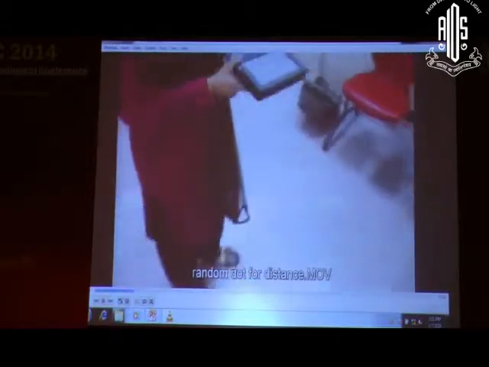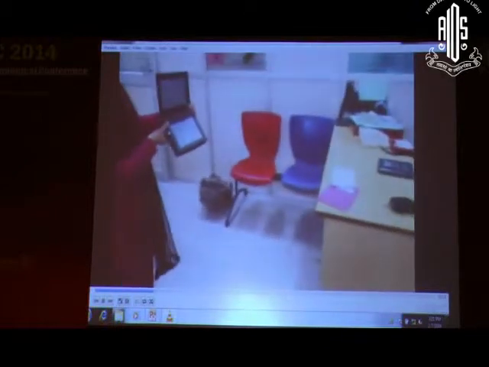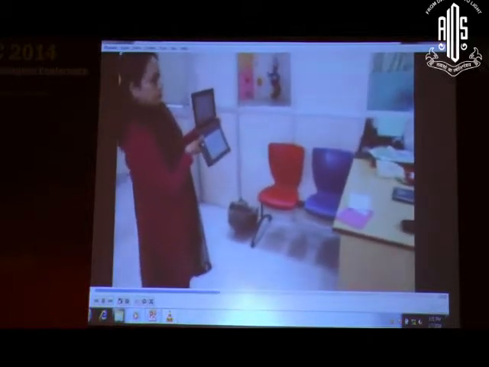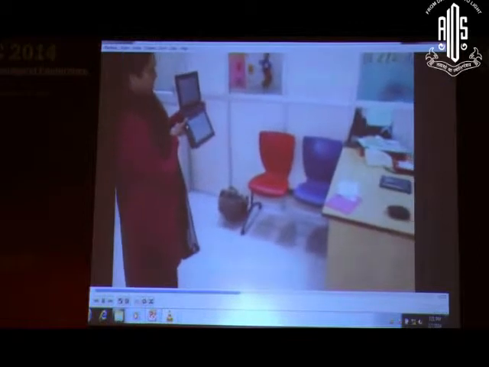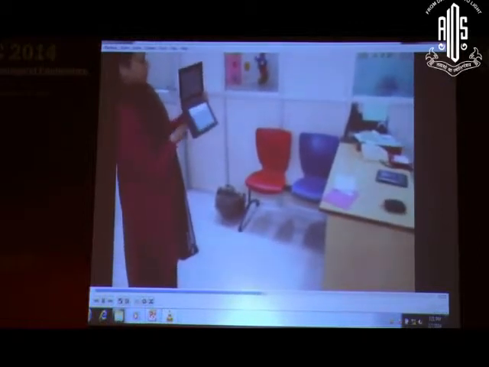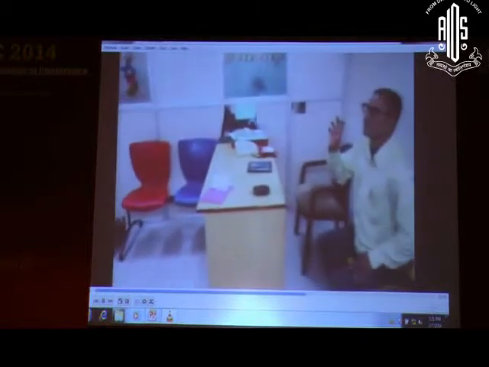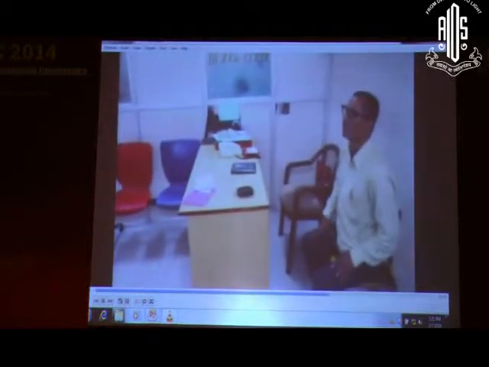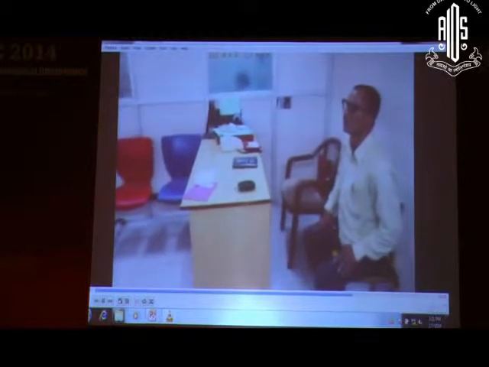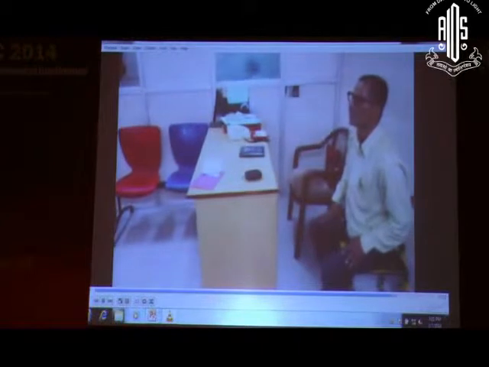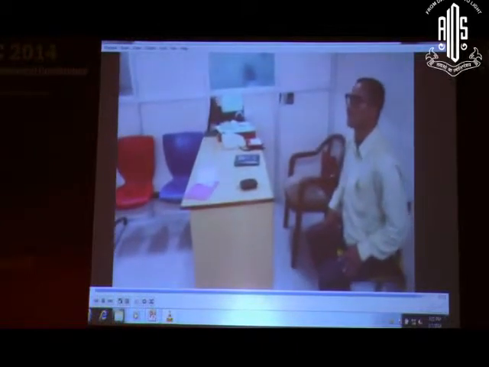This is a video of how we do the stereopsis testing for distance. We use the Randot test for distance, and the patient is seated at a distance of around 3 meters. On these charts you can test the stereo acuity ranging from 60 seconds of arc up to 400 seconds of arc. So we use Polaroid glasses. The patient has to wear Polaroid glasses, and this is based on the polarization principle. So this is the test which we generally do in all cases of exotropia to test for distance stereo acuity.